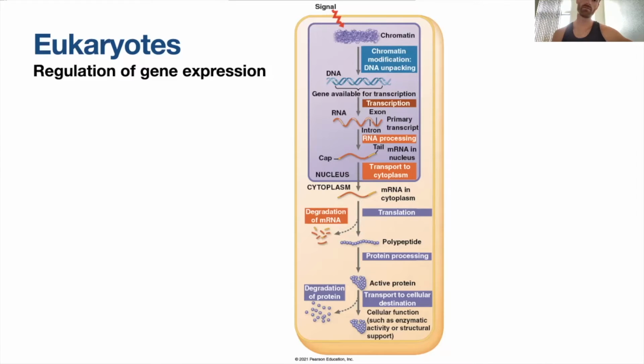The key here is that, as you can even see with all the degradation of mRNA, RNA processing, and protein, there are a lot more opportunities for eukaryotic cells to regulate protein activity. Whether proteins are produced at all from RNA, whether they're active, how long they're active. This is going to be really important in how cells specialize in structure and function. What proteins are they making? How much are they making? How long are they sticking around?